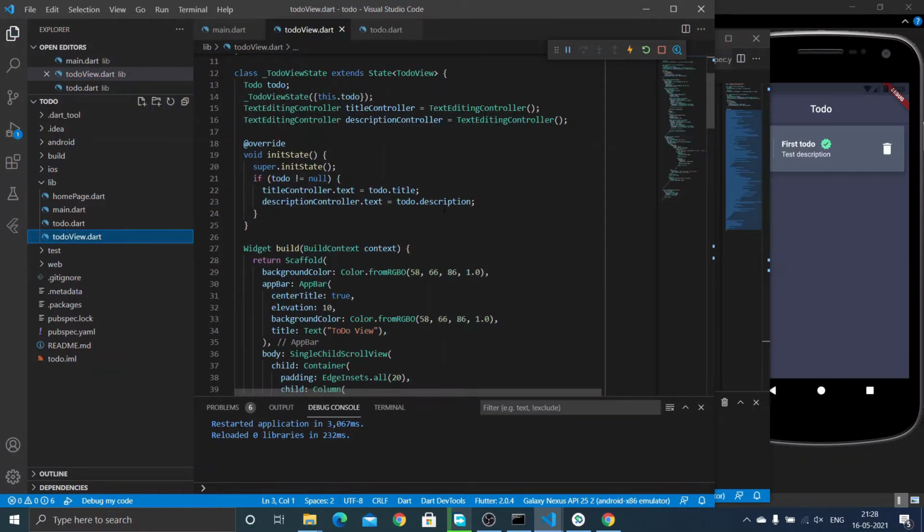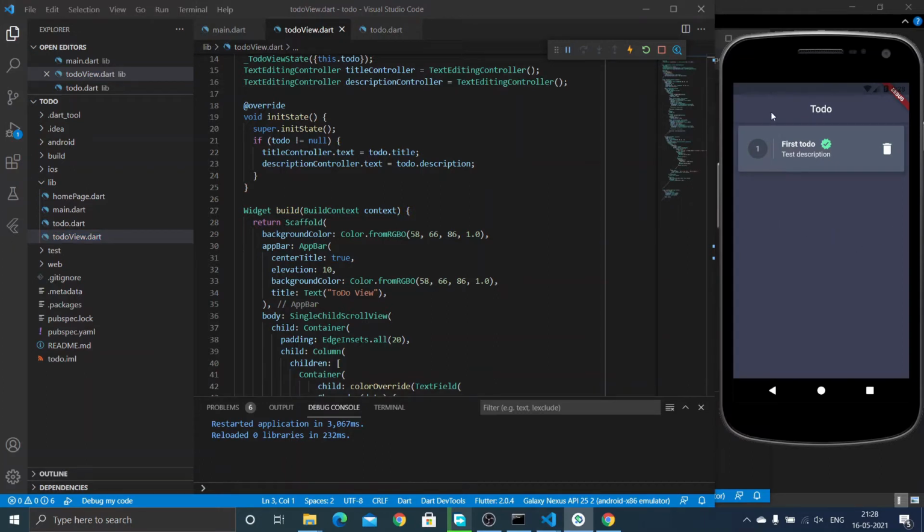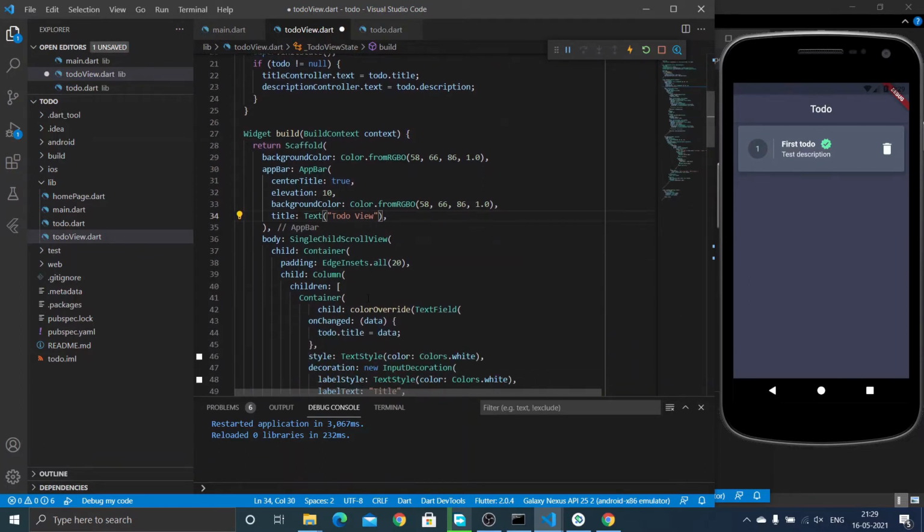I have pasted some more code. The build method and the scaffold implementation, I have pasted that code. You can see that we need a screen which is similar to the one we have now, so for that we are returning a scaffold first, and I am setting the background color as our predefined color, that is a darkest gray color. And I'm going to set an app bar where I will give the title as to do view, and also I have set the background color and other app bar options.